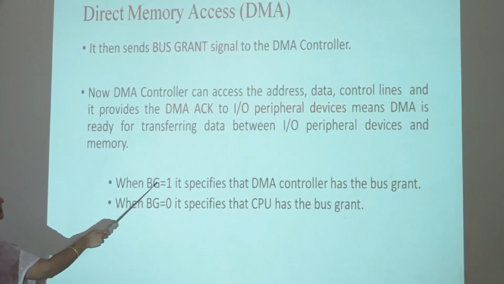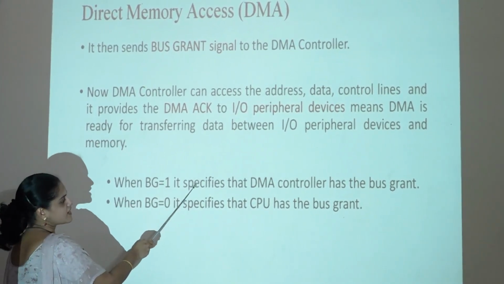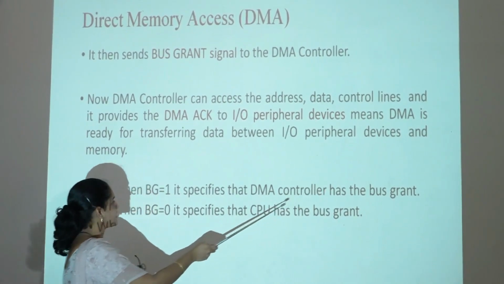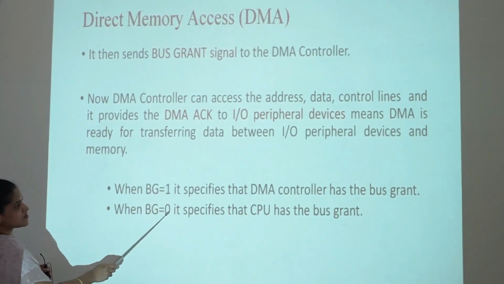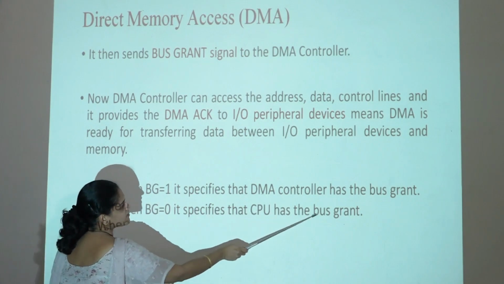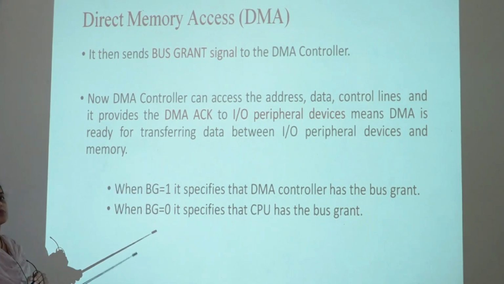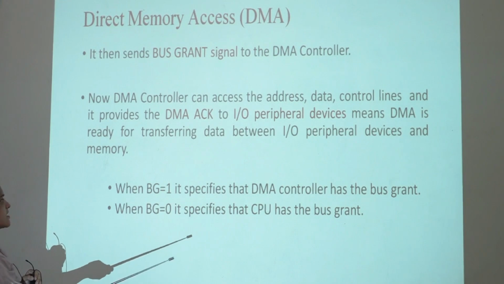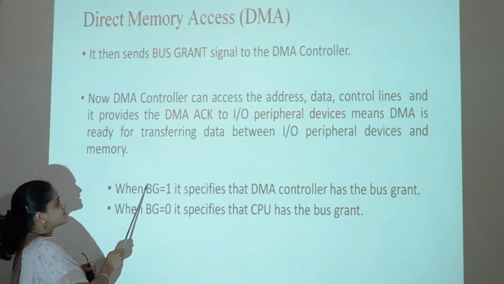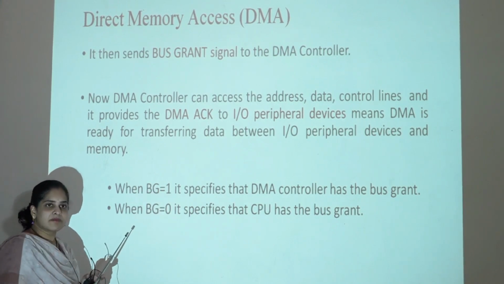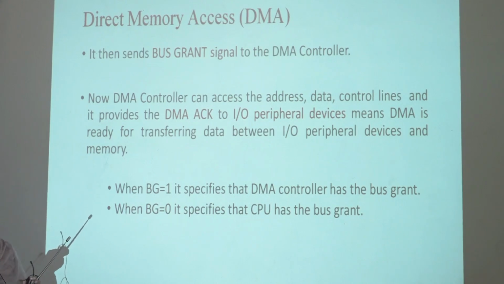So when the bus grant signal is equal to 1, it specifies that the DMA controller has the bus grant. When bus grant is equal to 0, it specifies that the CPU has the bus grant. Whenever the CPU gives control of the bus to the DMA controller, it makes the bus grant signal 1. So now the DMA controller has control of the bus, where it can transfer the information, and once